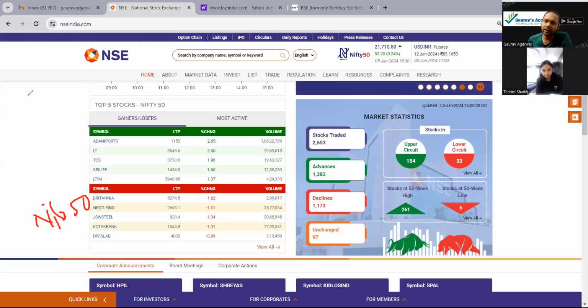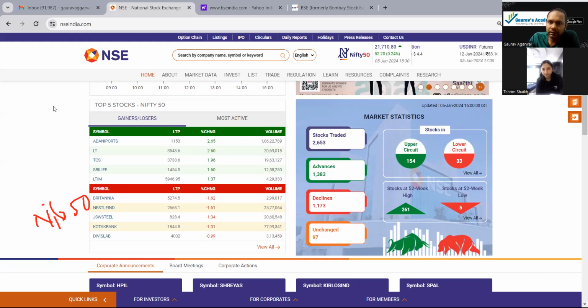So this is a kind of data or statistics. This is just for your information. If you want to see in the future, you can go to this website and watch the gainers and losers from here, right? So this is just a kind of data. You can watch it, right? Fine. So now I will tell you what all stocks are a part of Nifty 50. Just 1 second, I'll share my screen again.